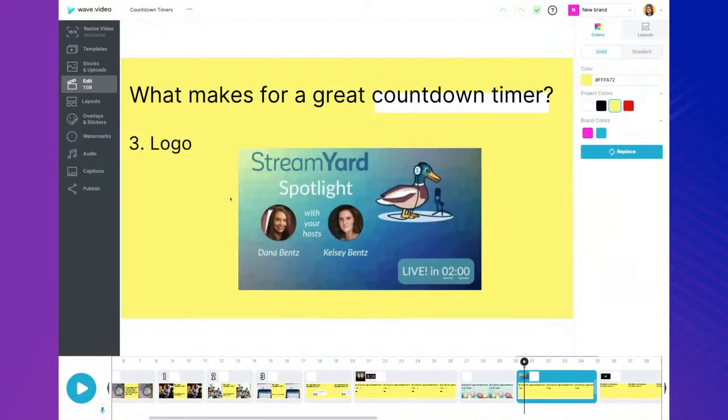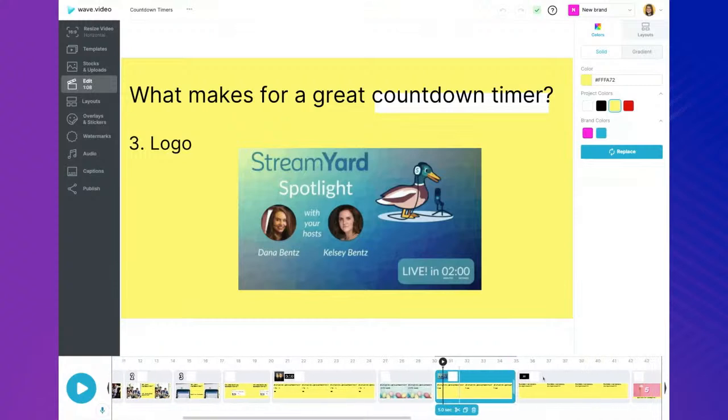Finally, don't forget to use your own logo, because the logo is one of the most powerful marketing assets that can help you to reinforce the brand, to stay consistent with your brand. Adding the logo to your countdown timer can really help people to make sure that it's your video they're watching. And here I also have an example from